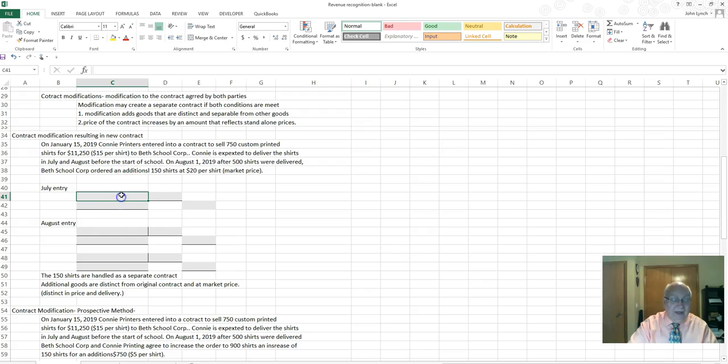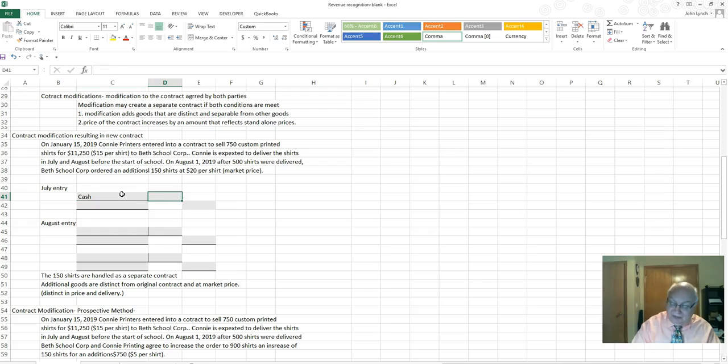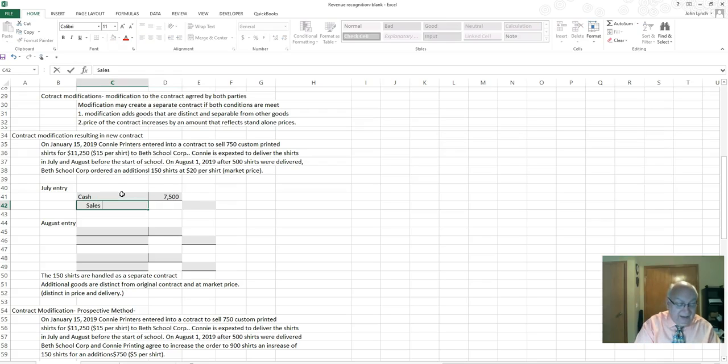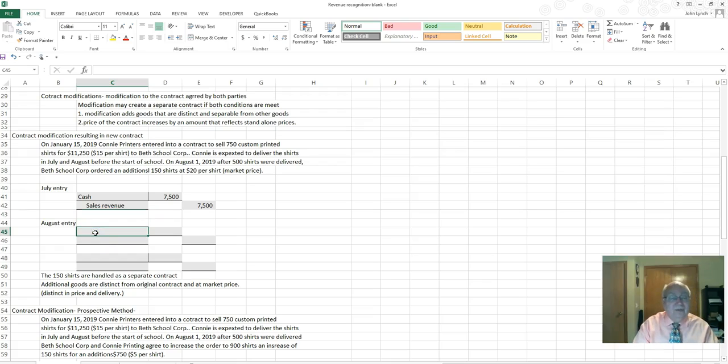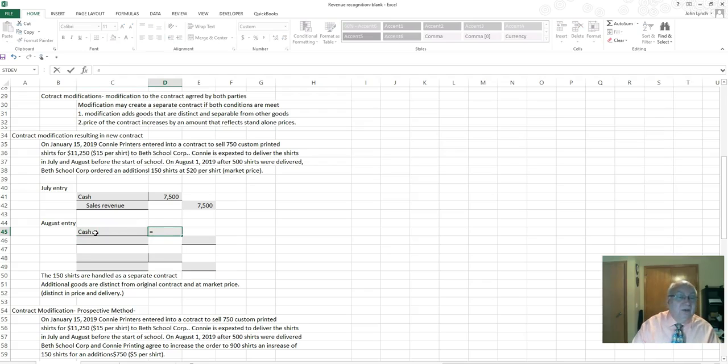So that means that we have actually two contracts. So for the first 500, we have cash equal to 500 times the $15, and sales revenue is also 7,500. That's for the July. A cash I put in there, it could also be accounts receivable, which more likely it would be. We have cash is equal to, we still had 250 at 15, which is 3,750. And of course, sales revenue